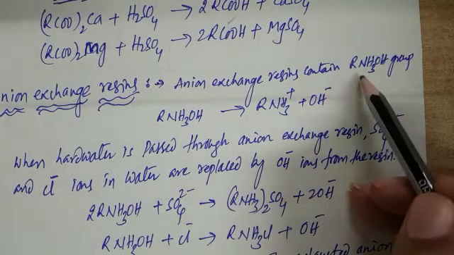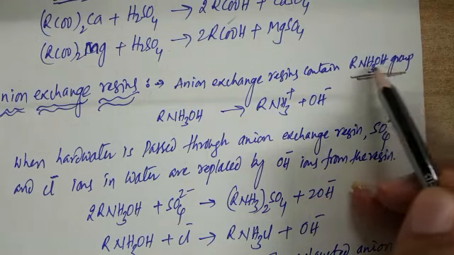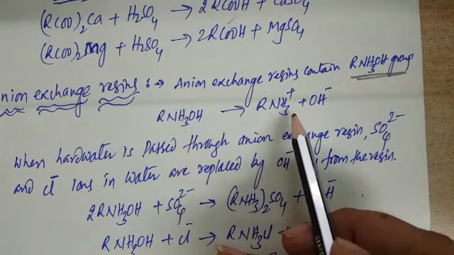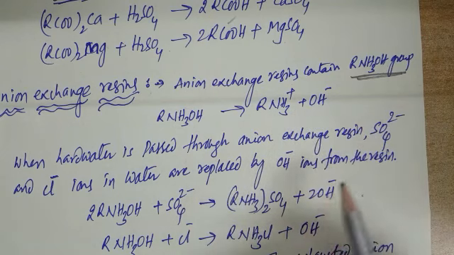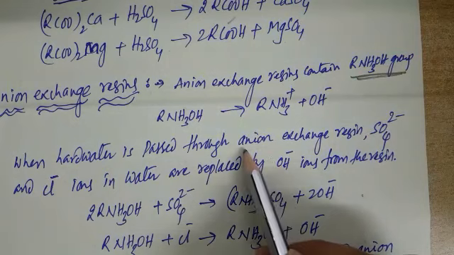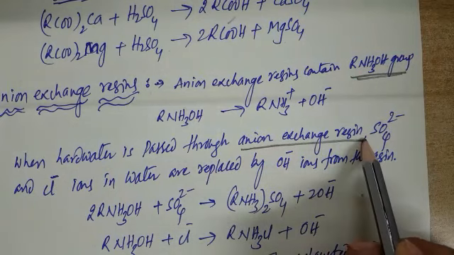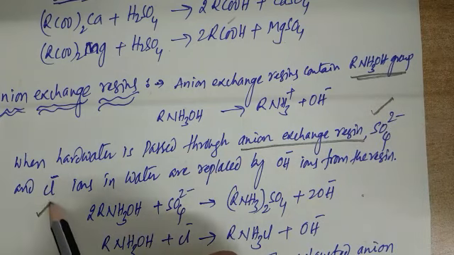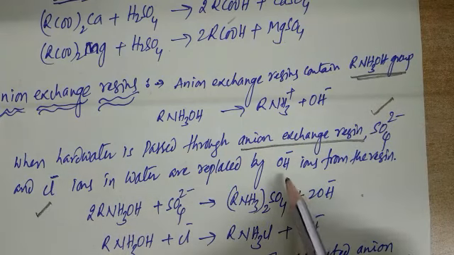Anion exchange resins contain what? A basic group like RNH3OH. RNH3OH splitting gives RNH3 plus OH minus. In a similar way, when hot water is passed through anion exchange resins, whatever anions, SO4 2- to Cl minus ions, are replaced by